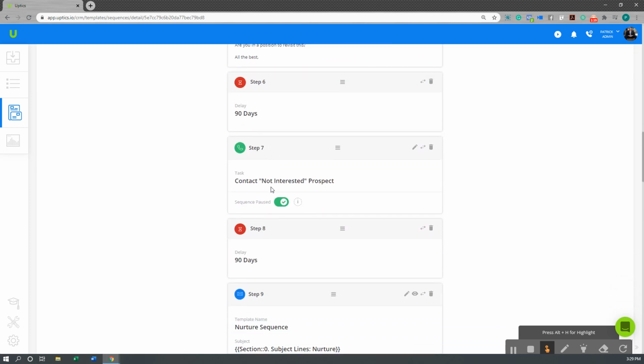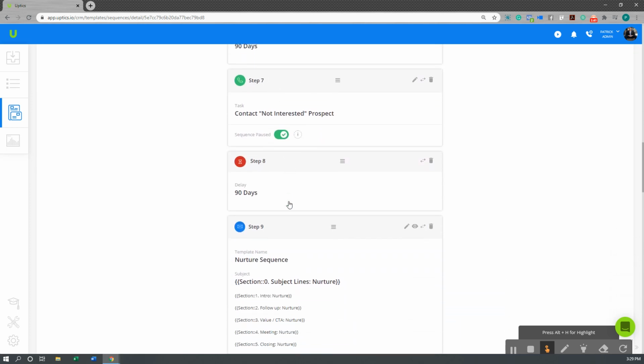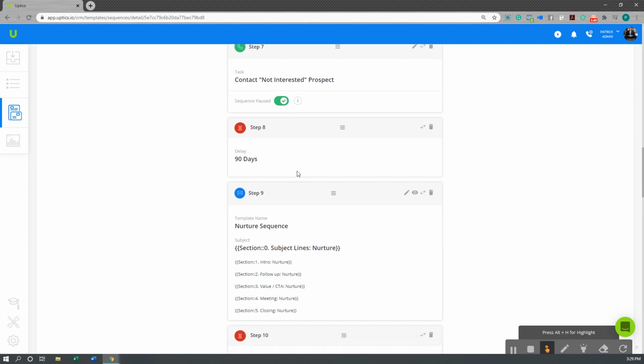Again, 90-day delay, touch base on phone. You can do this process really any way. The biggest point is that you're doing something. I've got this going for over 810 days, and we can make it go as long as you want.